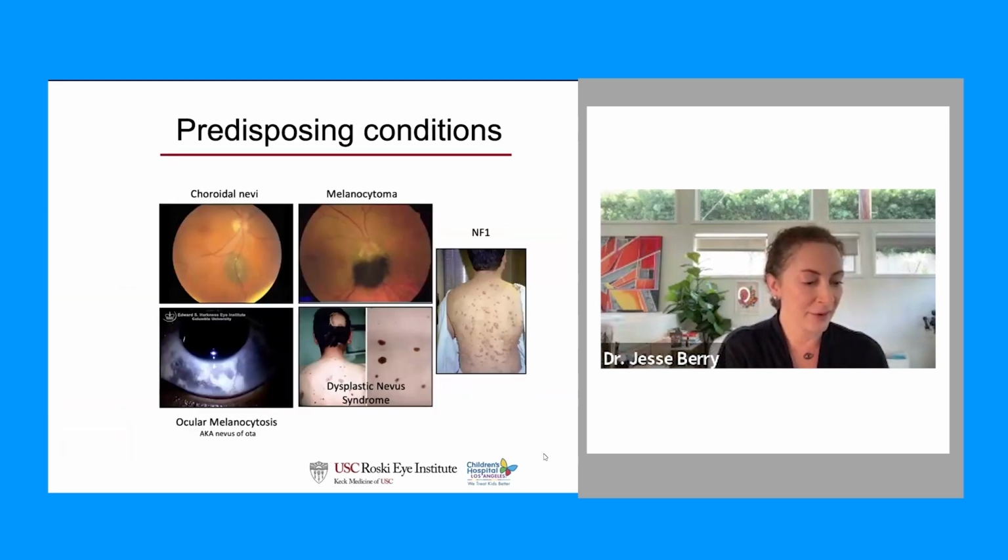Now, there are several predisposing conditions for melanoma. This includes nevi, and I'm going to talk about that a little bit later, melanocytomas, which are sort of an aggressive looking nevus or mole in the eye, but actually have a lower risk overall of malignant transformation. And then something called ocular melanocytosis, which you can see down here. This is also called nevus of Ota. Patients who have this actually have a very high risk of development of melanoma, and we recommend that they are